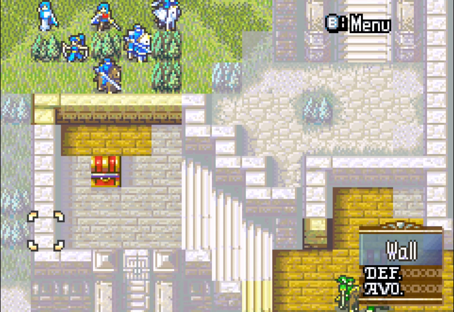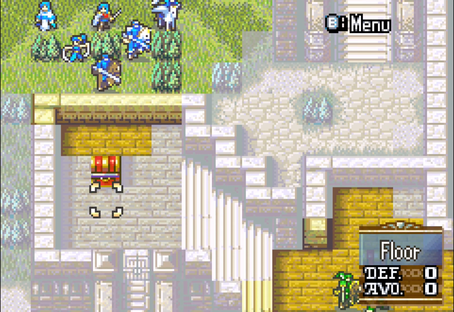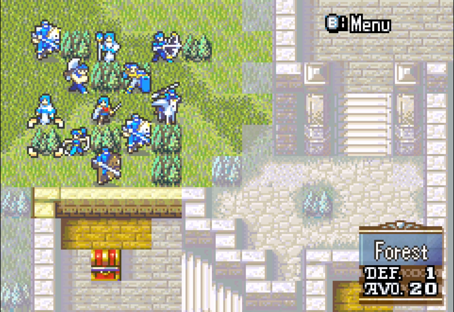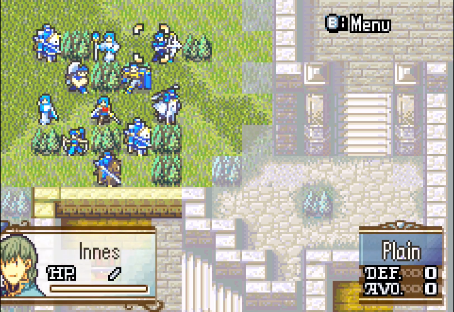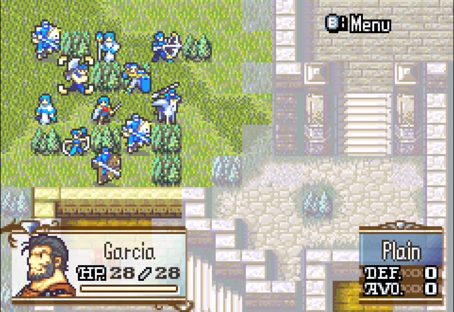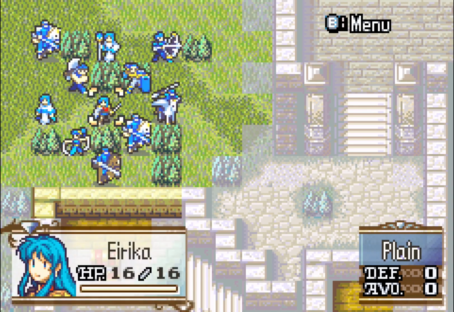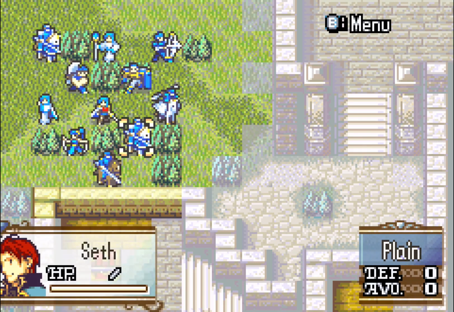Artur may go with Garrick to help him out and speed that along if Innes is busy still taking these guys out. And then Garcia and Kyle are going to be hanging out back here to also clear out these waves of reinforcements that show up. Meanwhile, Seth, Tana, and Ford, there you are, as well as Tethys are going to be making their way around this way. Actually, I should say that so are Erica and Mulder. Mulder's got the torch staff, so he's going to be lighting the way, and